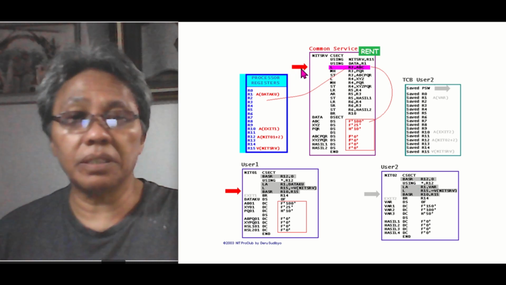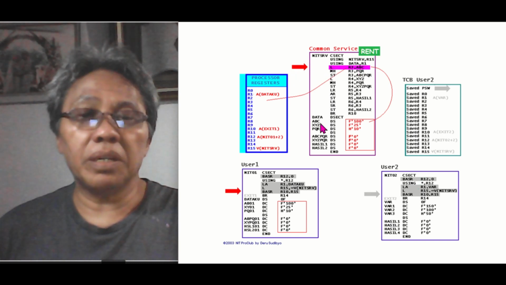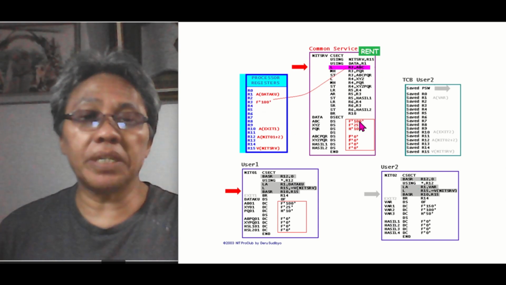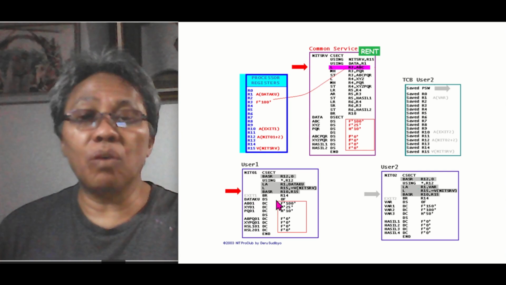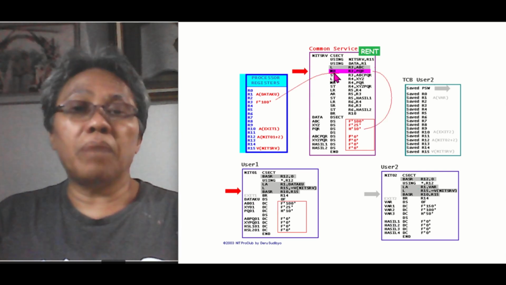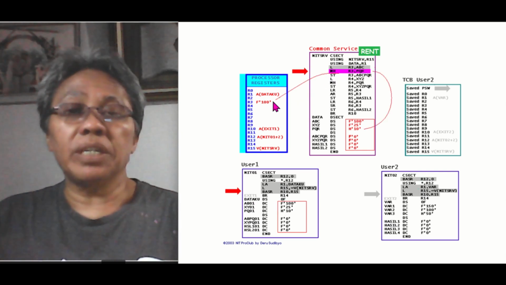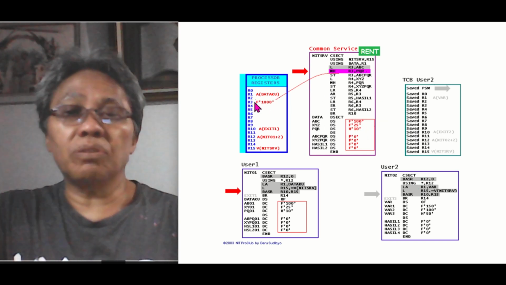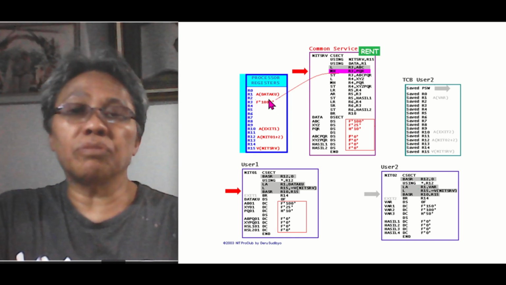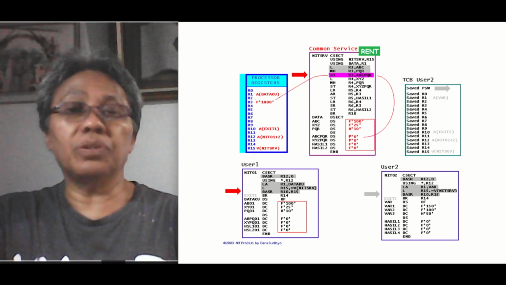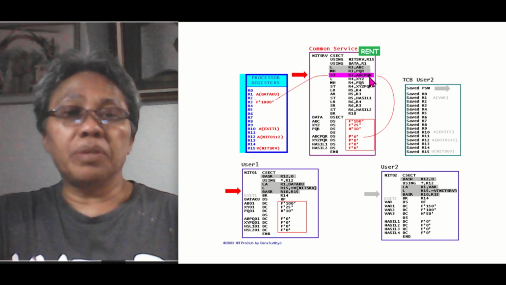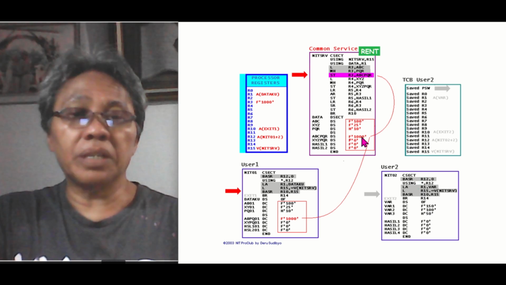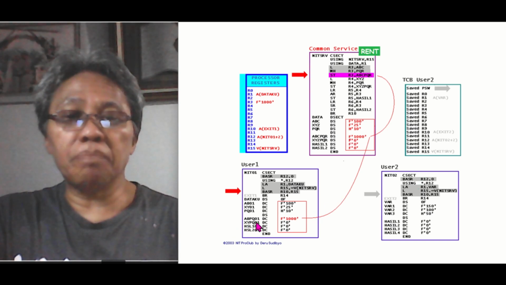Then execution begins, starting with the instruction load ABC, meaning this one, into register 3. Next, register 3 will contain the data of ABC, which is actually the data of ABO1 in user 1. Next, MH, multiply halfword, the content of register 3, which is this data, by the content of PQR, this, the number of times. So the content of register 3 changes to the result of this multiplication. Next, store the content of register 3 into ABC PQR located here. So ABC PQR will contain this data, which is actually here in ABC PQ01.